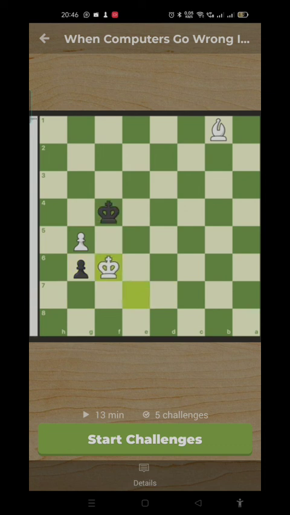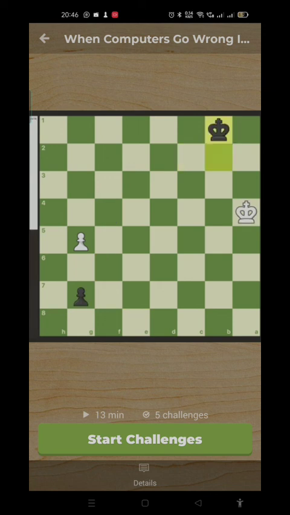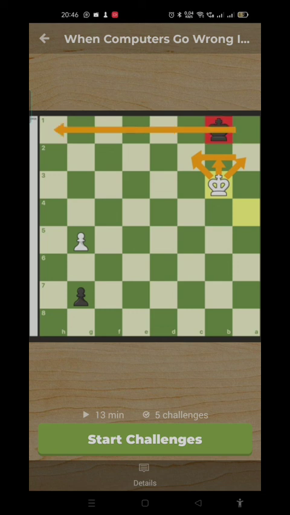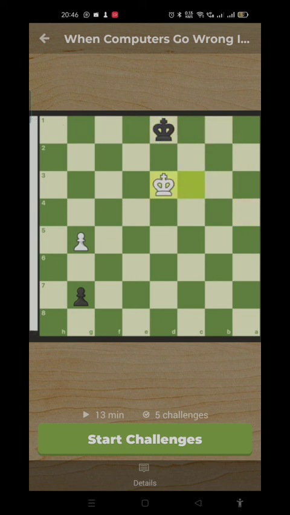So that's one variation. And after bishop b1, if black takes the bishop, which looks natural, we can now do a similar technique to the first variation. King b3, to stop the black king from approaching. And it's different to the first line because the black king is now on the back rank. And let's just have a look how this could go. King c1, both kings come across. And at some point, after king g1,